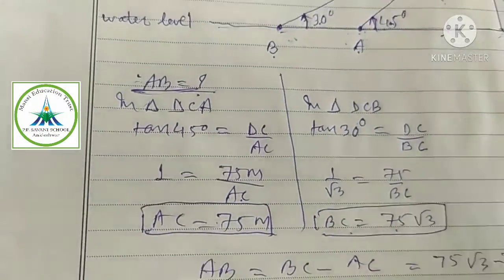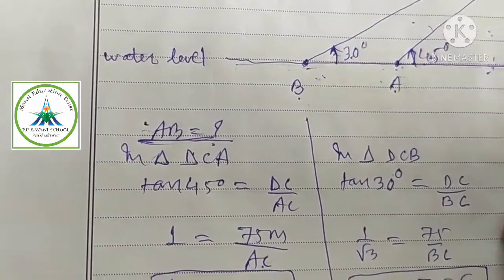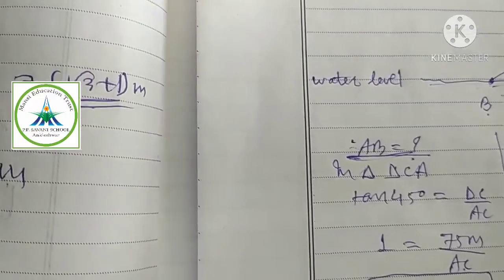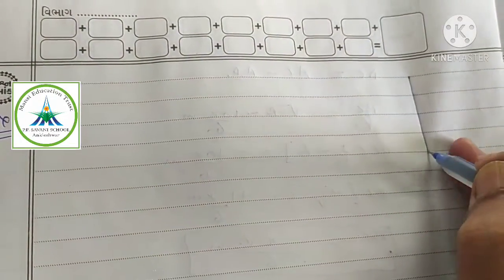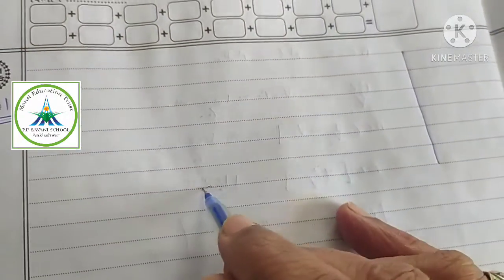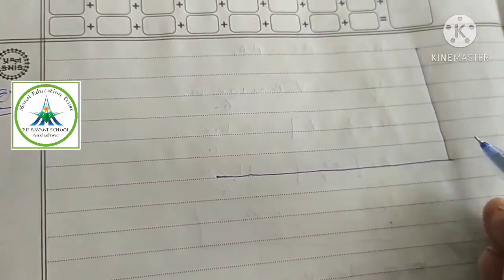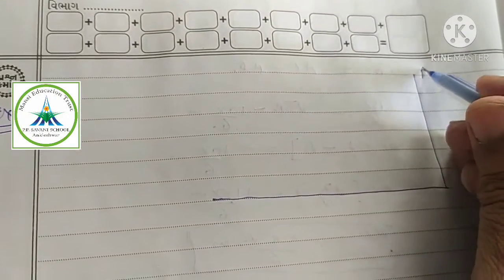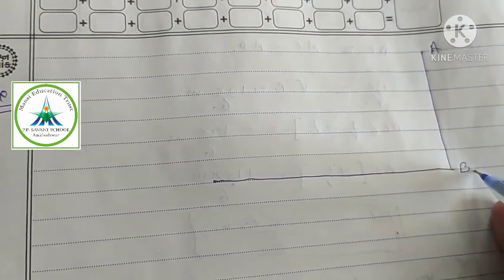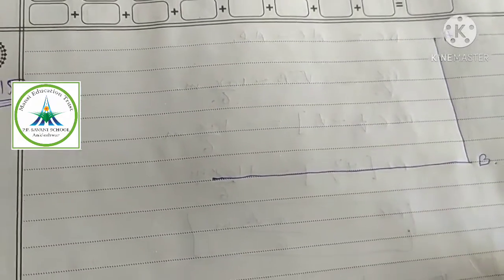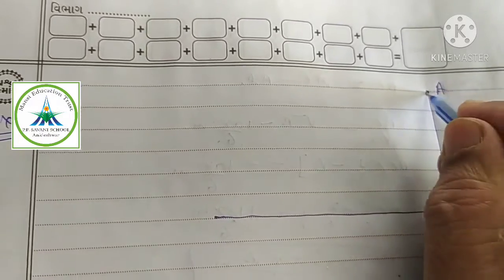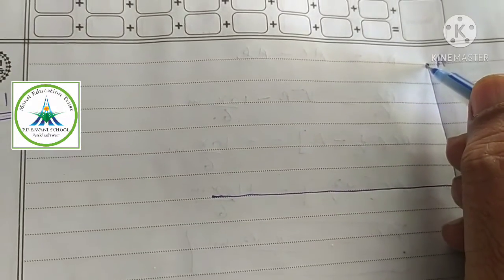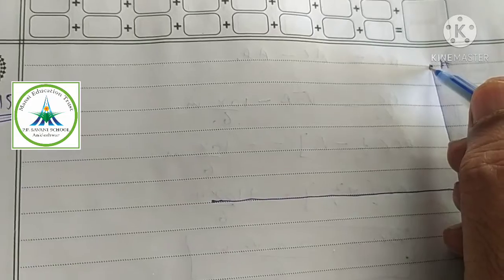Now we will take example number, let us take 15. That highway leads to the foot of the tower. Let us draw the diagram. This is the tower. This is a straight highway. Okay. Let us name the tower AB. Okay. And a man standing at the top of the tower. This is the man. Okay. Observes a car at an angle of depression of 30 degrees.